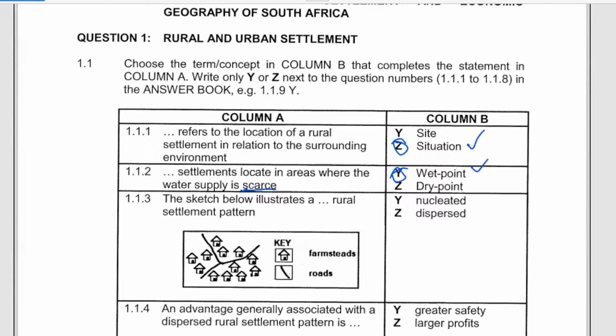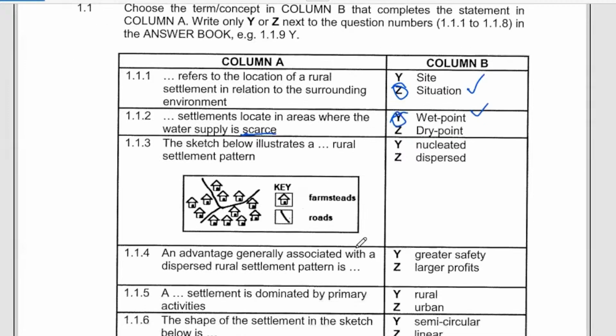Moving on to the next question. The sketch below illustrates a dash rural settlement pattern. Right, when we're talking of pattern, we are looking at how the housing units are arranged in the settlement. Are they closer to each other or are they apart from each other? So if we check in that instance,